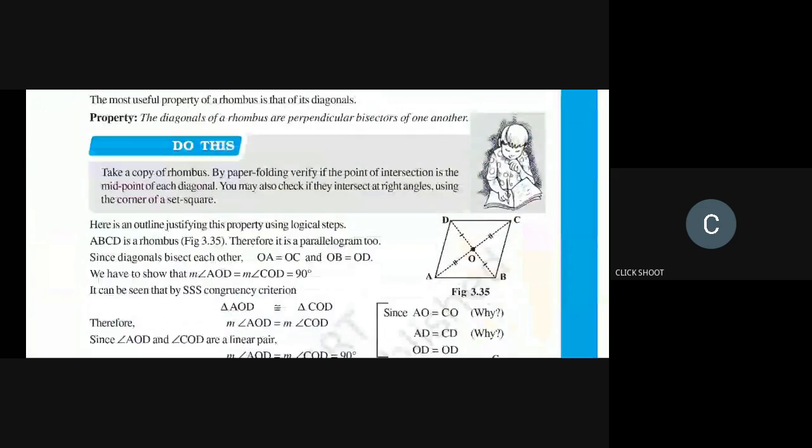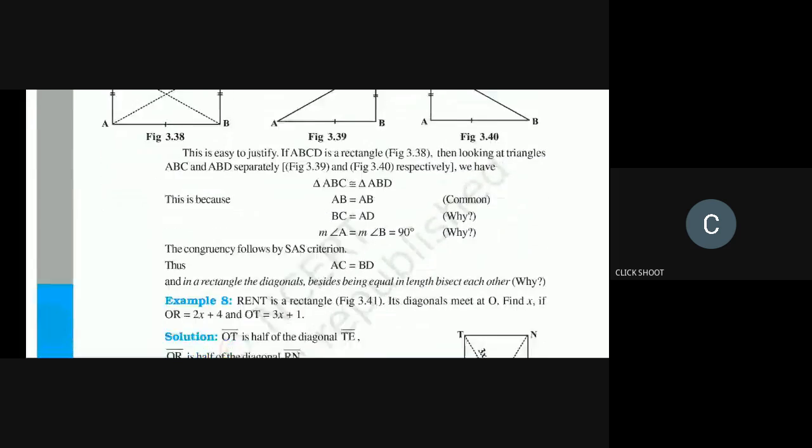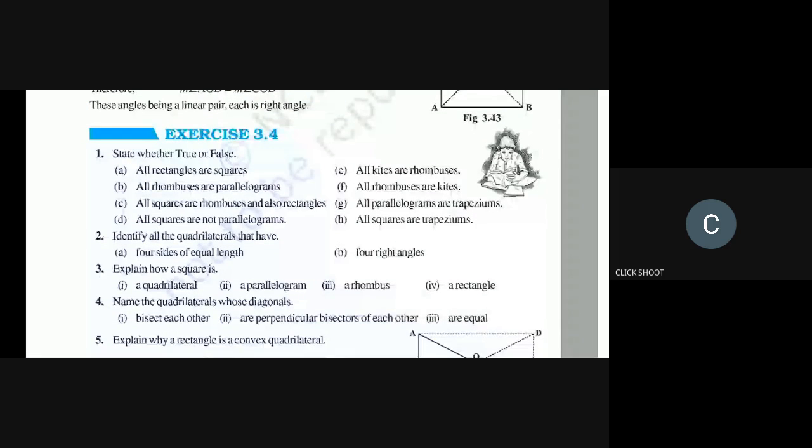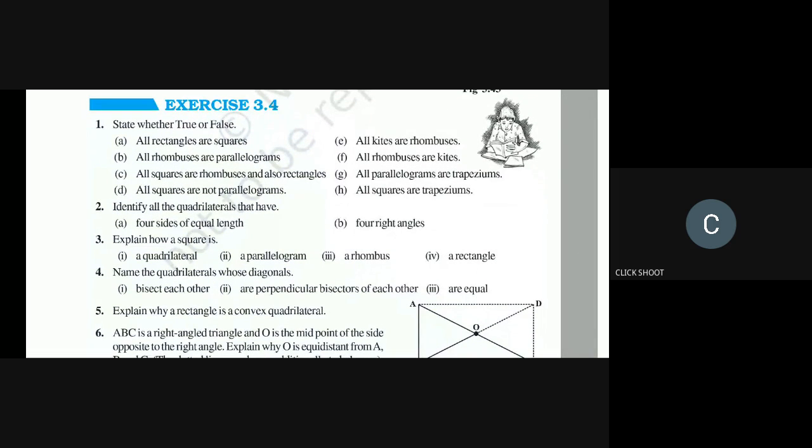And now in last, square. In a square, all sides are equal, all angles are equal with 90 degree. Diagonals bisect each other at perpendicular, and the length of diagonals are equal. From the basics of all these properties, we have to solve exercise 3.4. Okay? And in 3.4 exercise,